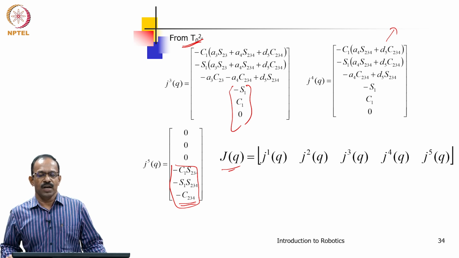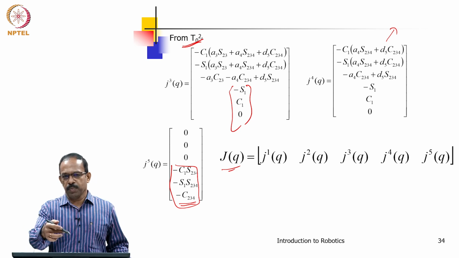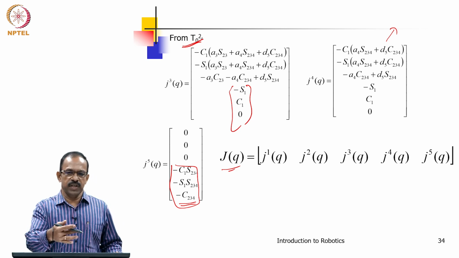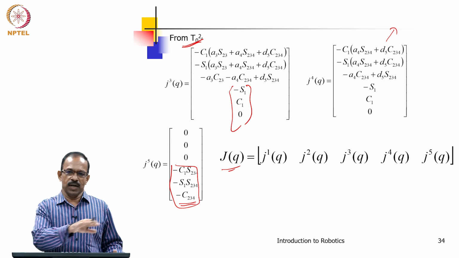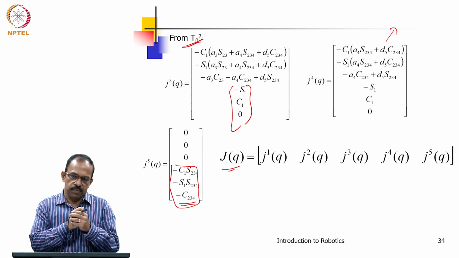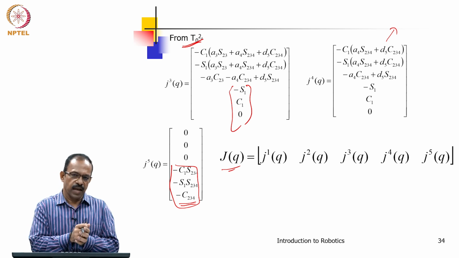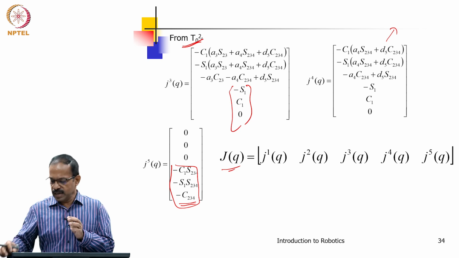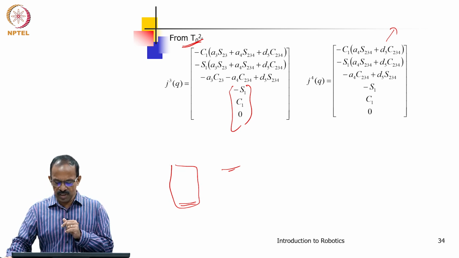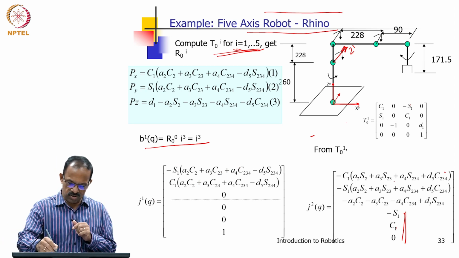I hope you understood how you get the Jacobian. The top part, or the linear part, is the same as what we did, and it is applicable to the previous Jacobian discussion as well, but the angular velocity part is the one which is new here. The angular velocity part depends on the orientation of the joint axis. That is what you need to understand conceptually.